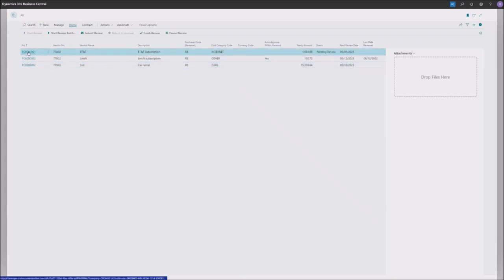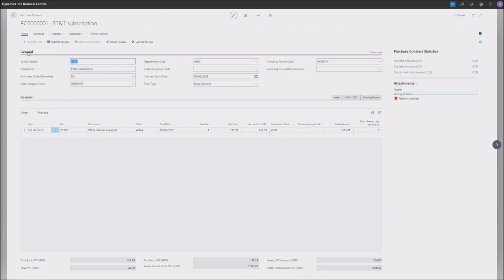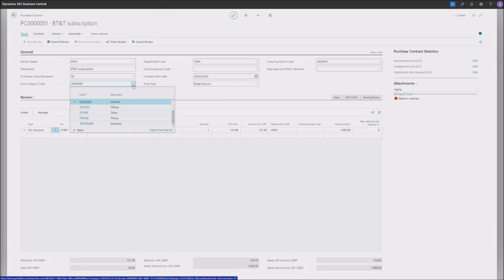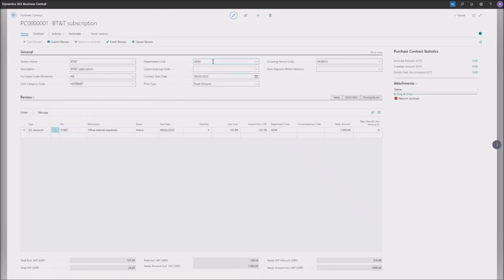Let's take a look at one of the contract cards. This is our BT&T, some internet contract, some internet cost. We can see that from the category code. Those category codes are automatically added during the setup, where I would press download, or simply when applying domain capture for the first time, I will get it automatically installed. These category codes are some typical areas where you would have costs when running a company. But you can always go in and select new ones, or create new ones if you want to add a new code. I also have the opportunity to add some global dimension or shortcut dimensions